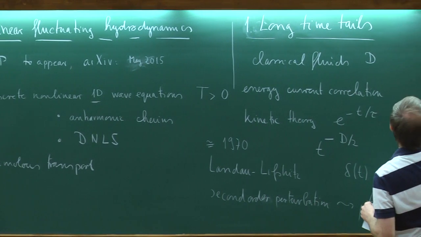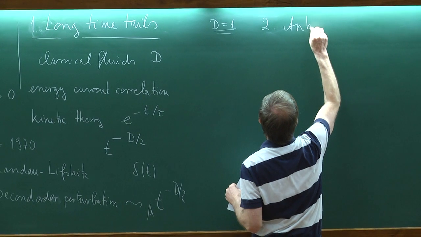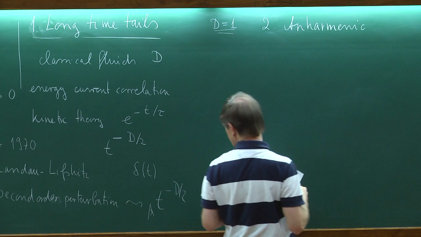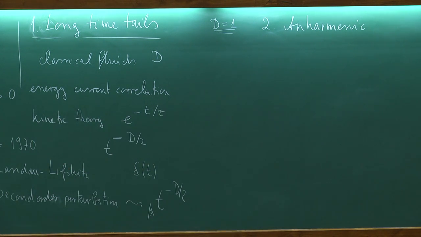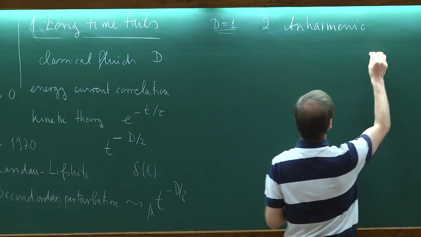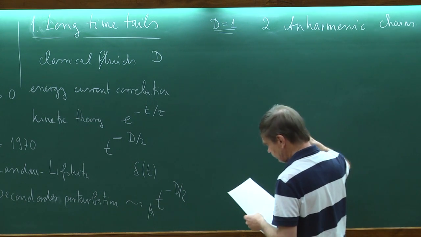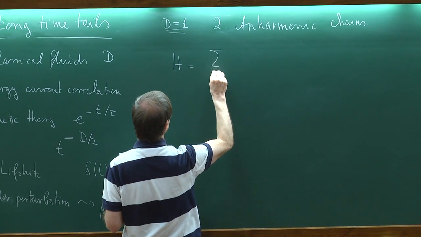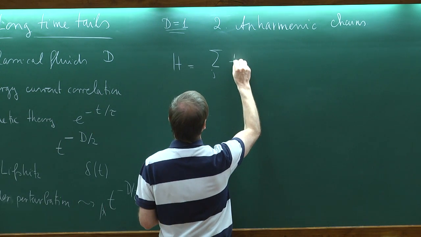So we are in 1 dimension, okay? So let me talk a little bit about these anharmonic chains. Of course, this is fairly elementary stuff, but just to get accustomed to what I want to do, I think it's useful to spend a little bit of time on this and not simply assume that people have seen it already. Okay? So let me start from a 1-dimensional fluid. So I have the usual Hamiltonian, kinetic energy plus potential energy.